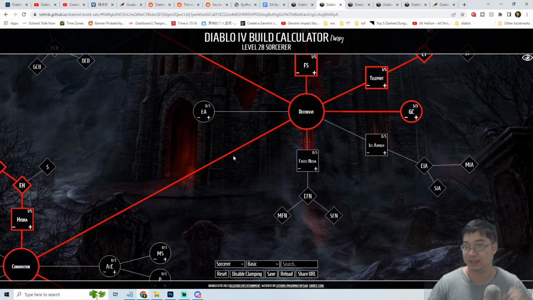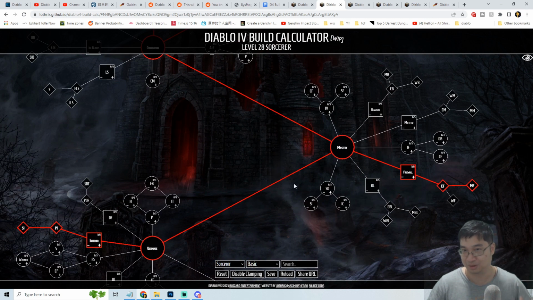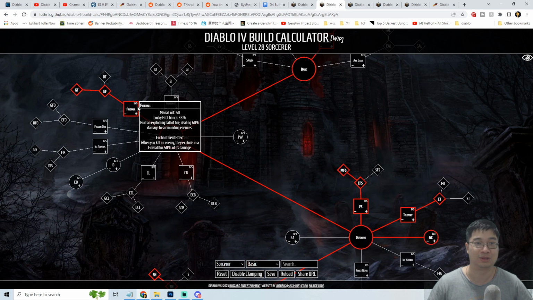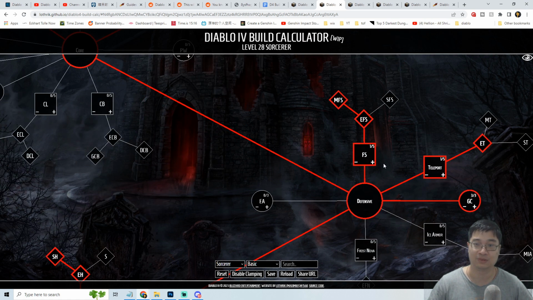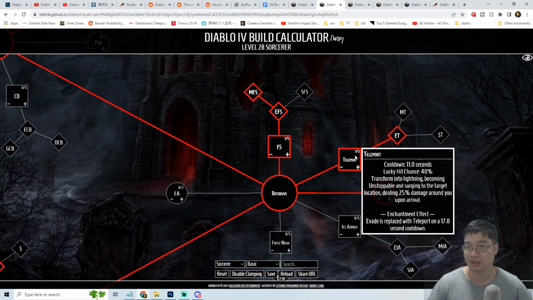I can reset those of course, because I have now 7 active spells, right? Some of those can go into enchantment, like the Firewall, or maybe with the Firebolts. I can go with those as enchantment to explode and also deal more damage. Now here, depending on which one you like the most, if you don't want the Flame Shield, then go with Teleport,